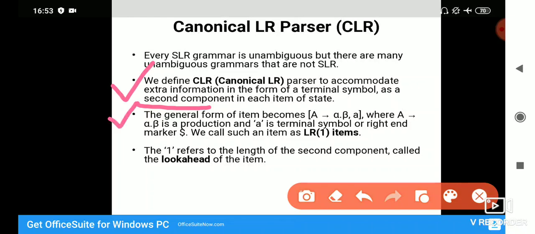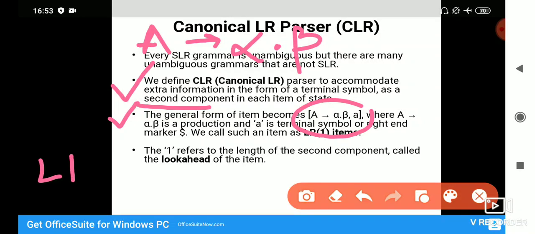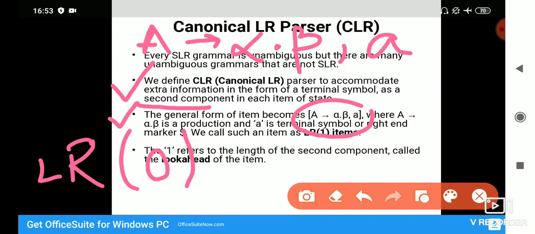In point number 3, A to alpha dot beta, this we are aware of, we did it in the last lecture. A to alpha dot beta is of the form of an LR0 item. Now when we add that extra component, which is nothing but a terminal symbol, we form a new item called an LR1 item.